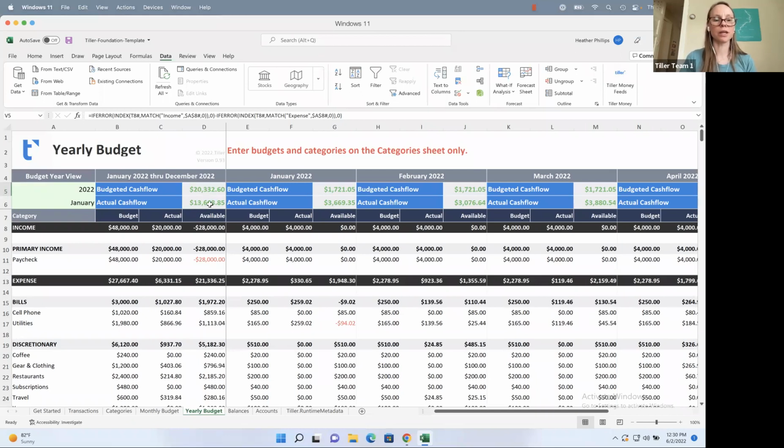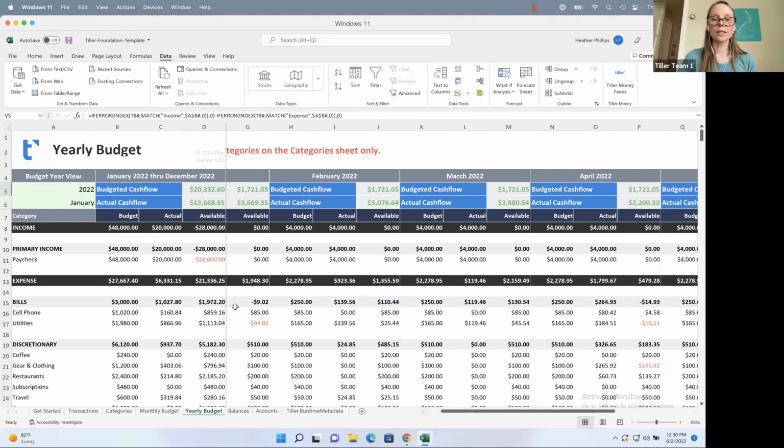The actual cash flow here is cash flow to date, how much we have had left over based on our actual earning and our actual spending. So we're probably pretty close to this if this is accurate and realistic spending and earning. So we can use the yearly budget also to think about different scenarios and review a few different months at a time. So one example is that